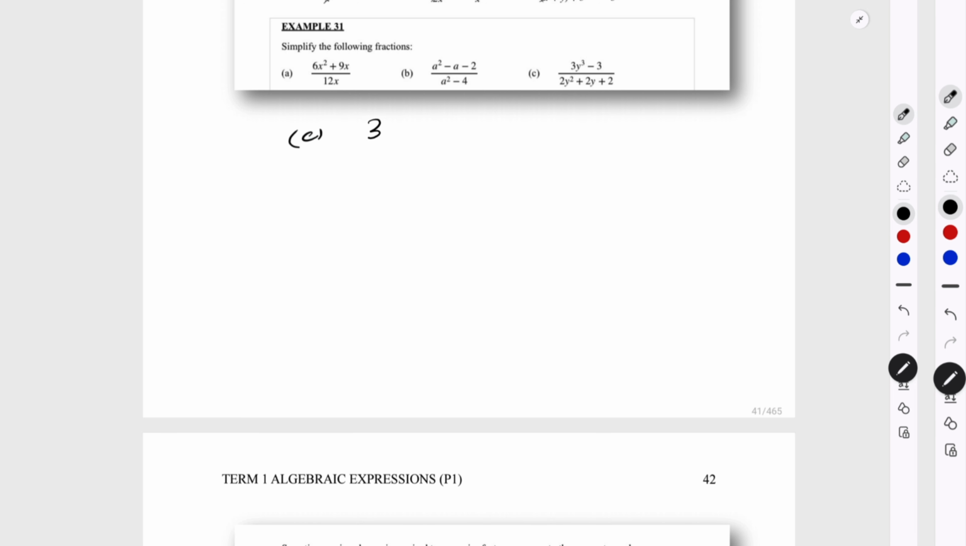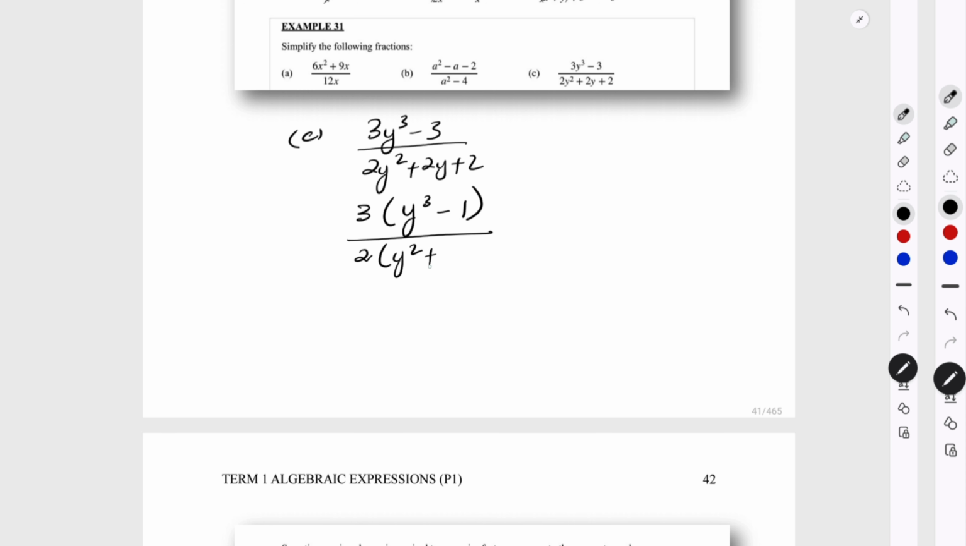Number C, I'm having 3y cubed minus 3 over 2y squared plus 2y plus 2. I look at the top. Can I factorize this? I have a common factor, so I'll take 3 out. I have this minus 1 over. Underneath, I have a common factor of 2. I have y squared plus y plus 1. Factorize the top. I will have,